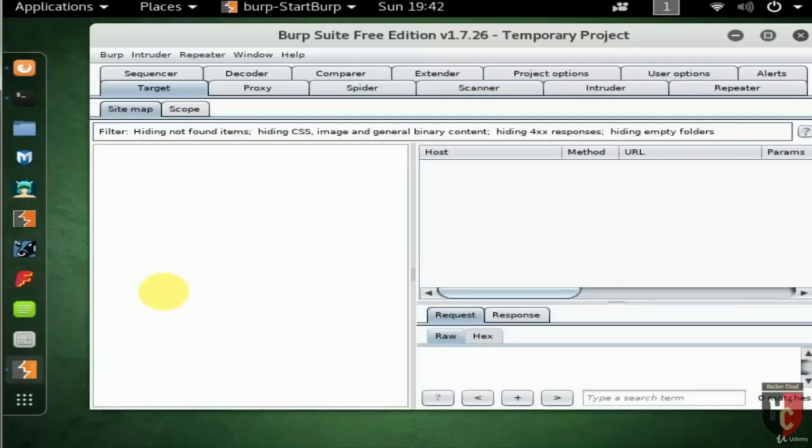Just open Burp Suite. The leftmost tab in the Burp Suite interface is the Target. There are two tabs below this Target tab called Site map and Scope. The Site map tab will be automatically populated as content is accessed via the proxy web browser.